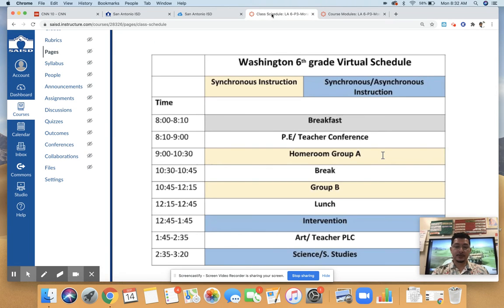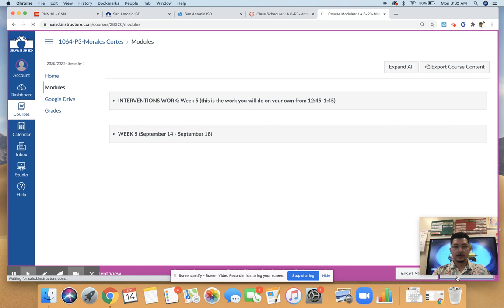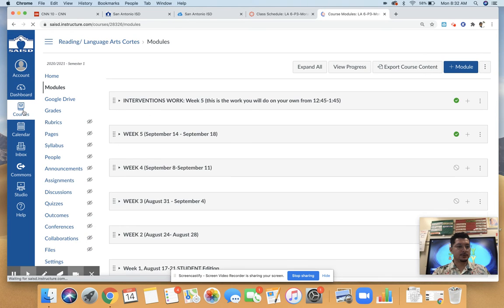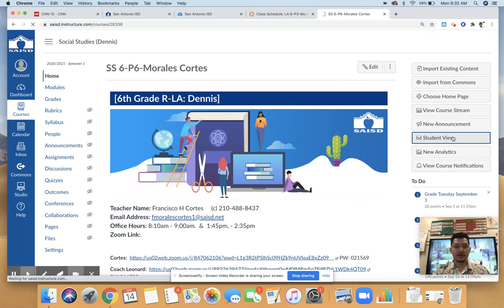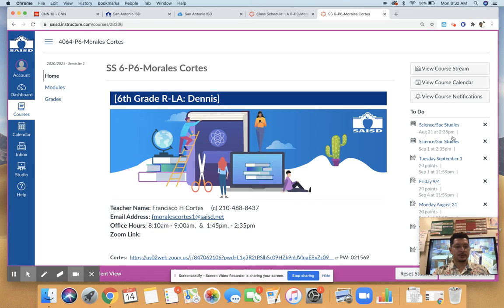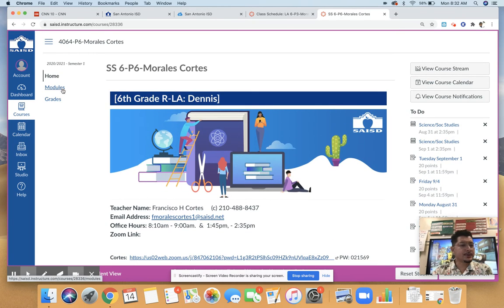If I refer back to the schedule, down here in blue, we have science and social studies. Okay, so science and social studies, it's going to be social studies for my class. Okay, and I'm going to go ahead and leave student view so I can jump into the social studies class real quick. Go back into student view. There we go. That's what the students see. So you see another home page with contact information. This is social studies, so you go into modules. Internet's a little slow, so